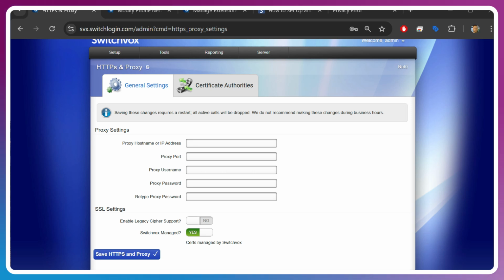Although a valid SSL certificate is not required to access the Switchvox web UI and the APIs externally, these services still need to function, which is why we have the Switchvox manage toggle, yes or no. These services still need to run on secure ports in some instances, which is why Switchvox has a manage certificate option, which can be toggled on or off. Keep this on if you'd like to access the services internally and won't have any outside communications, and turn it off if you've got a third-party verified certificate.